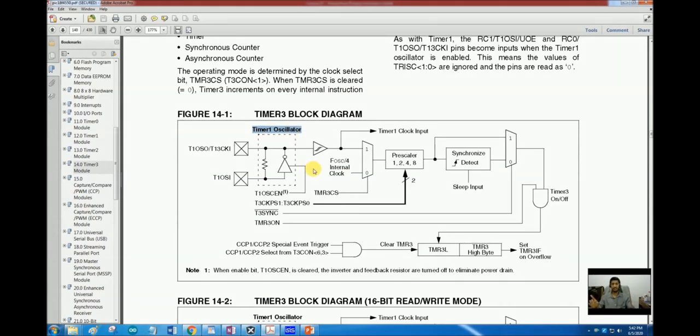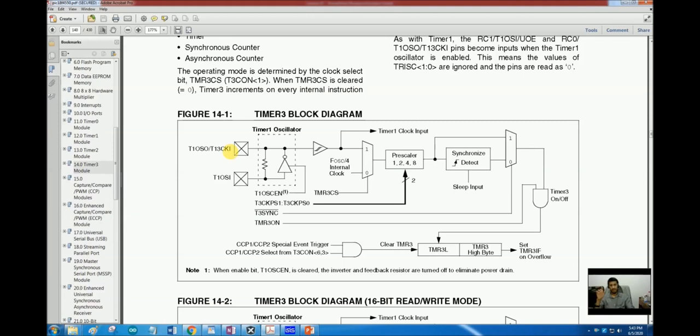Both of these timers share a single oscillator, and you can further see here T1OSO, T13CKI and T1OSI, timer 1 oscillator 0 and timer 1 oscillator 1, and this timer 1 oscillator 0 slash timer 1 or 3 clock.